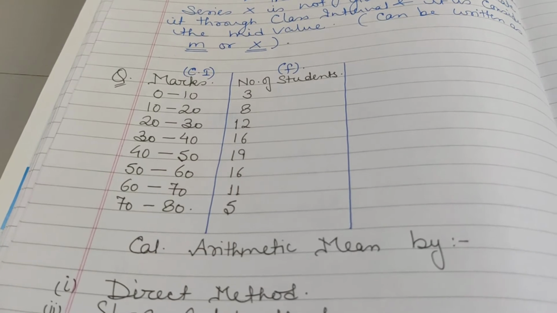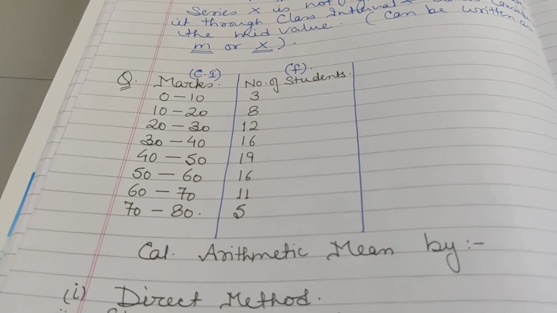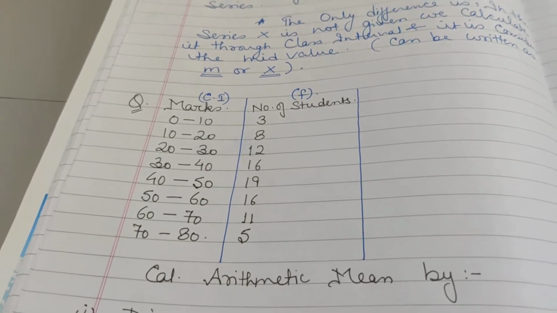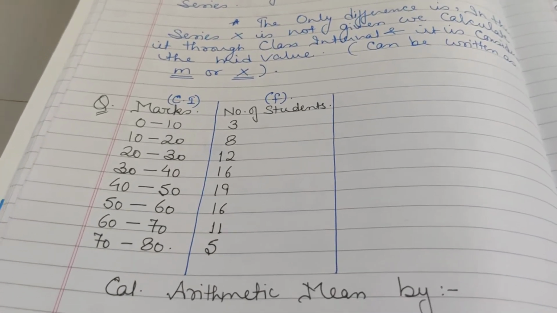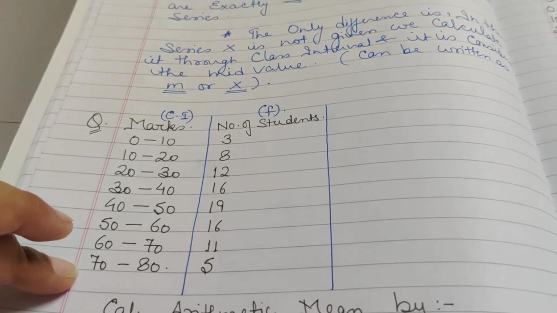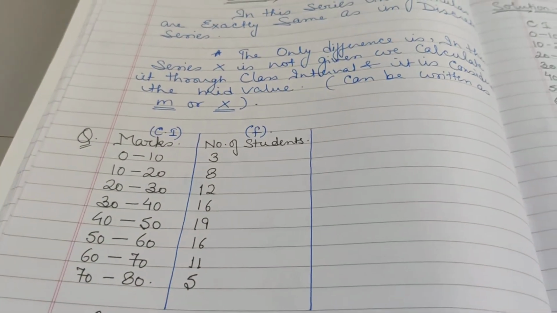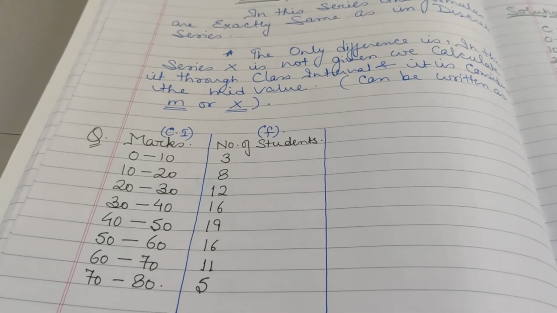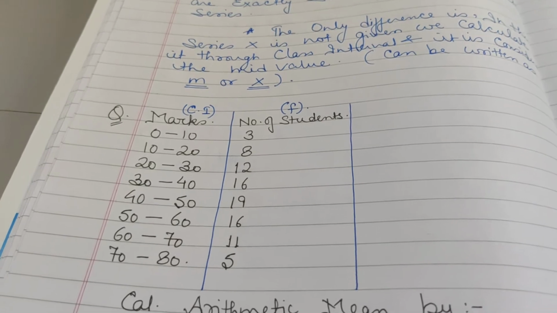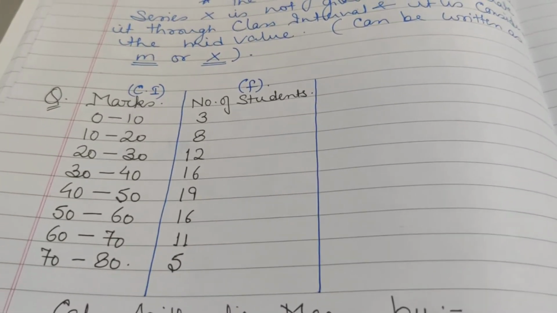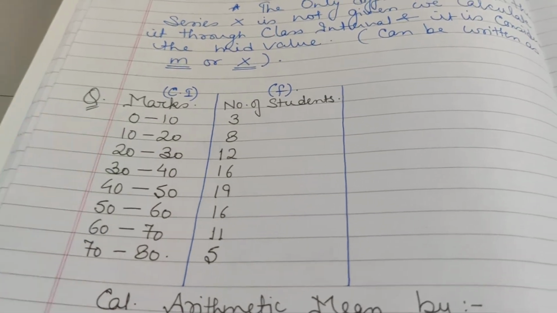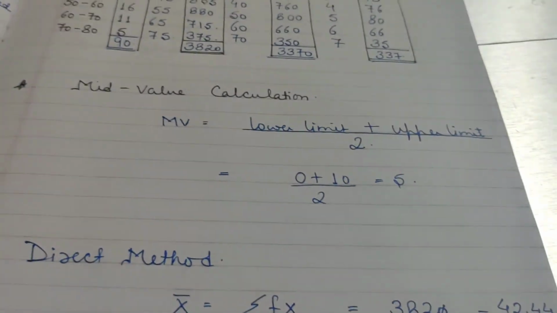Children, the formula remains the same. The formula in continuous series remains the same as your discrete series. The only difference is, as you must have studied in class 10th, that we calculate the mid values from here, which you write as m. Instead of m, you calculate the mid values and keep it as x, right? And then the formulas will remain the same. There will be no confusion, but obviously you have to calculate the mid values. Now let's see how we do it.